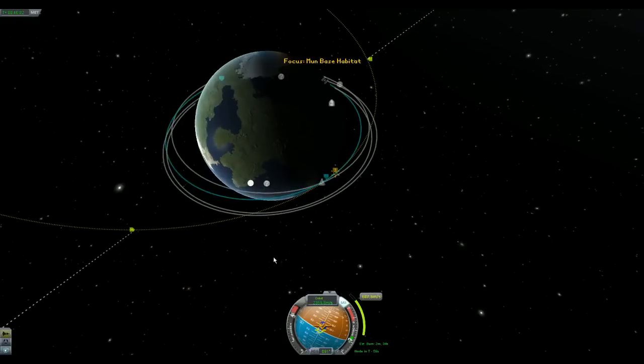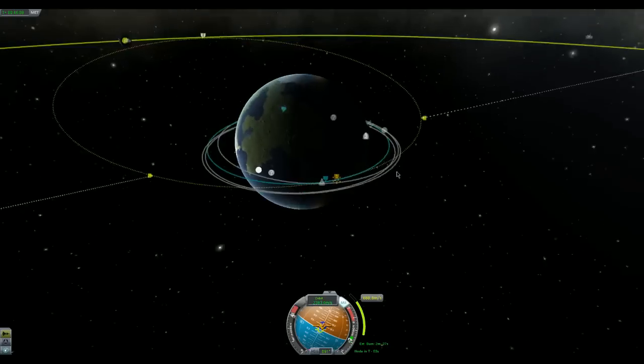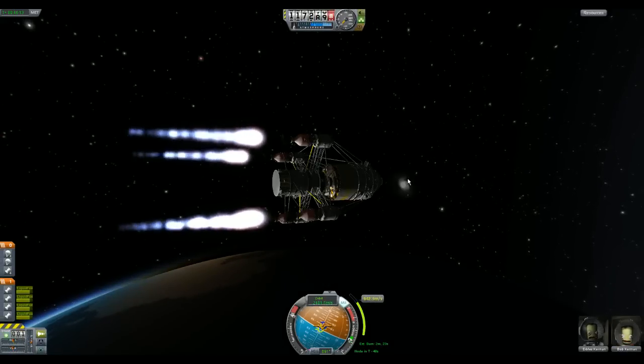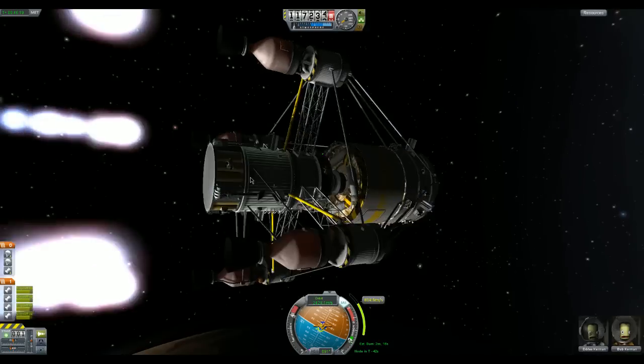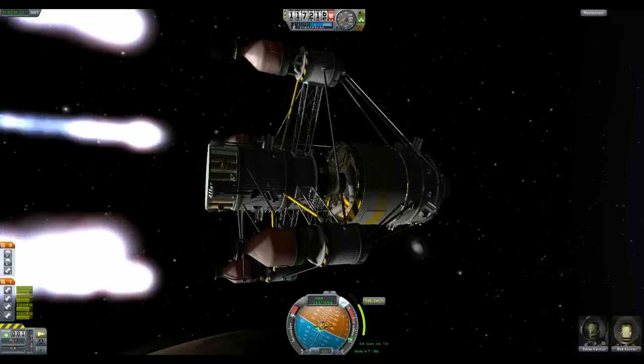Let's have a look at our orbit, shall we? So it's expanding slowly. I always feel I should have something on this bottom section here. I mean, it's normally just detached by, or attached by a decoupler, but